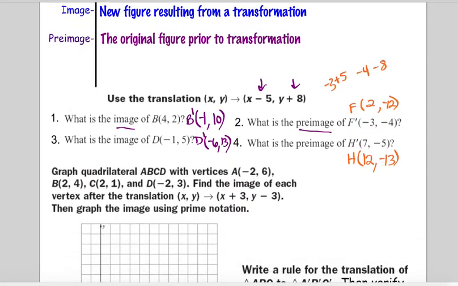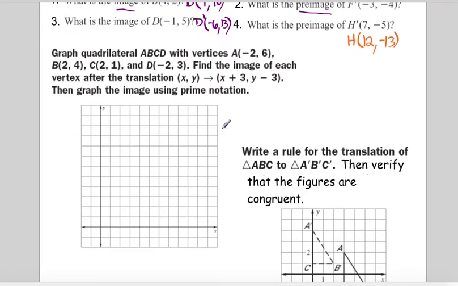So here we're going to do one on a graph. They've given us the coordinates here. They want us to find the image of each vertex after the translation. They want us to graph the image using prime notation. So they didn't necessarily say we had to graph the original, but I am going to do that to help myself with moving it. I like to graph it and then, instead of finding the new points, just think of this as x plus 3 means to go right 3, and then y minus 3 would mean to go down 3. So if I graph my original, then I can go right 3 and down 3